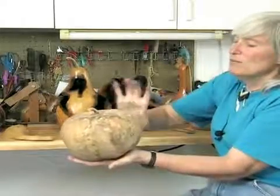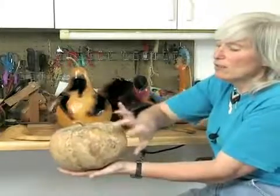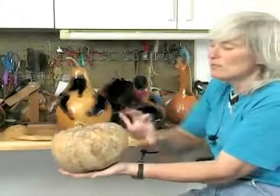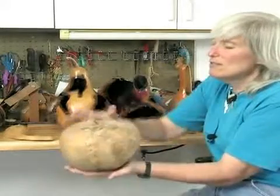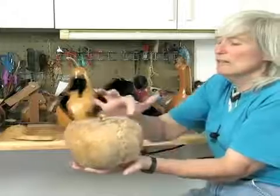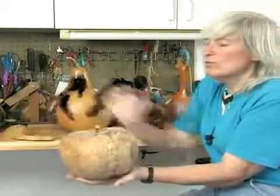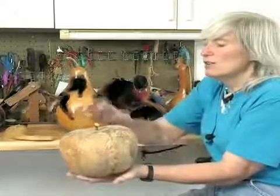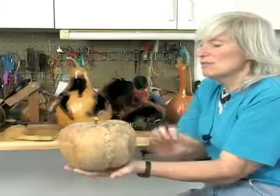You want something that when you cut your top out, you're going to have enough height here to give you a nice surface area to put your embellishments on. And in some cases, if you have a nice one like this, you can actually make your cut here and use this as an actual lid for it so that it is a two-piece gourd rather than just a simple